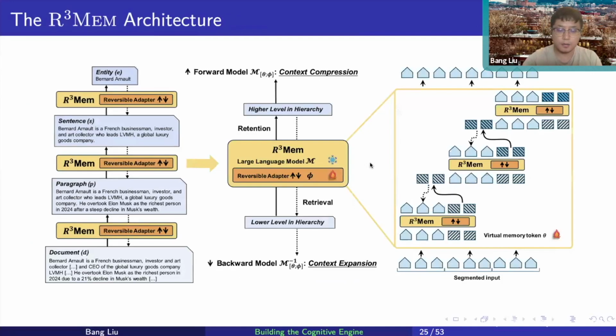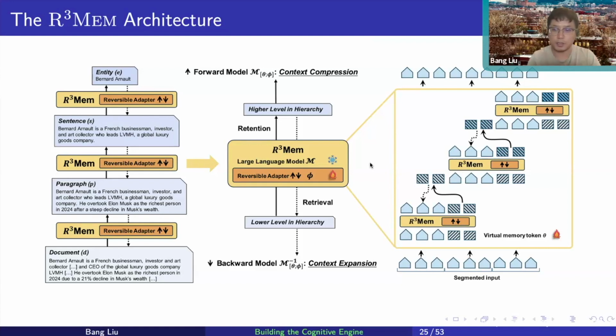And this enables us to construct a query-context pair dataset by generating summarizations at different granularity, from document level to paragraph to sentence to key entity level. And this forms the continual pre-training data. And then we use our transformer network with new designs, which makes it reversible as well as with memory tokens, so that we continue pre-training it on such a dataset.